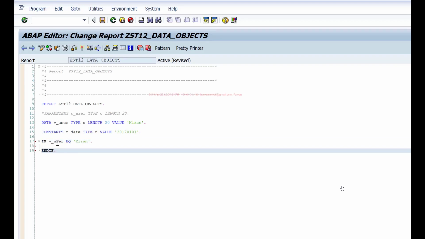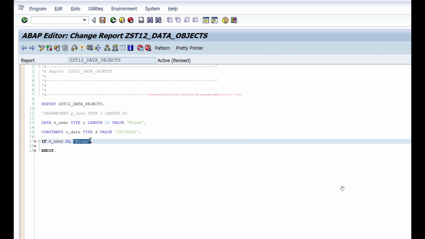Now here I'm using a literal to statically check this. So this occupies some memory in the program. The value I'm typing in single quotes occupies some memory. Let's assume it is occupying 5 bytes of memory in the program. Now this is one condition I want to check multiple times in my program.